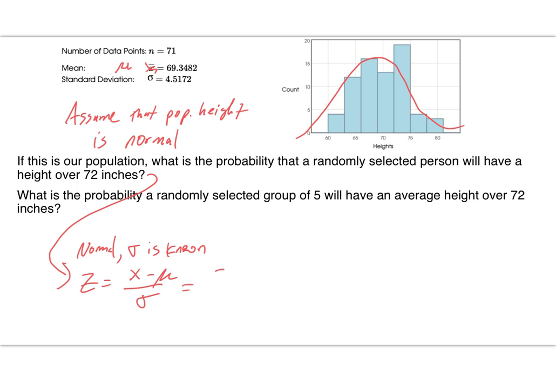Insert numbers, 72 minus 69.3482 divided by 4.5172. Again, the mean, we said this was the mean of the population. That was the standard deviation of the population. So this will give me a z-score of